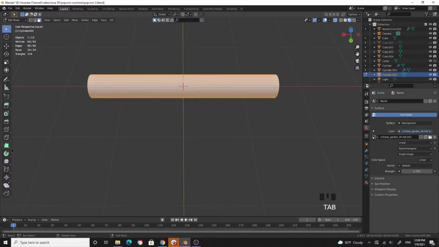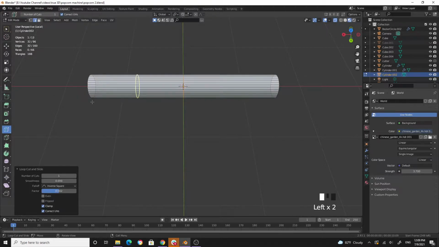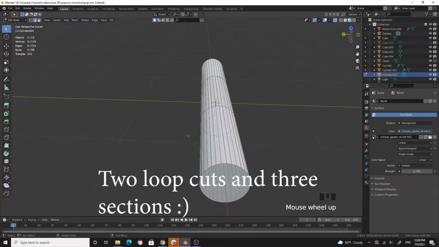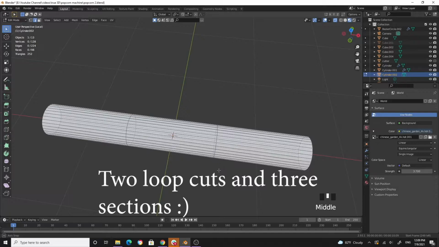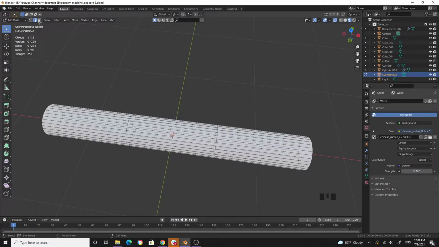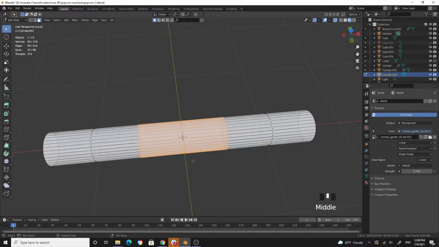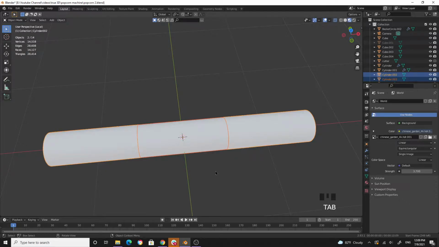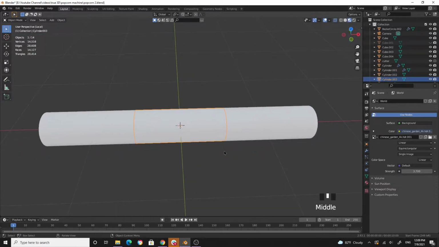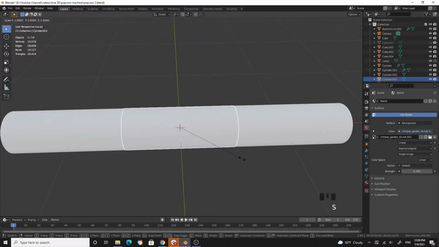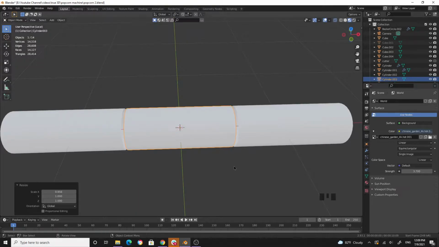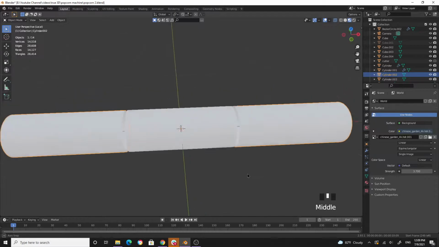Okay, and then go to edit mode, add loop cuts. 3 loop cuts should be fine, and now go to face selection mode and select these faces, Alt click on this face, so you get that one. Press P, selection. Now it is a separate component, so you can scale that part, scale along x-axis slightly, and then this one,